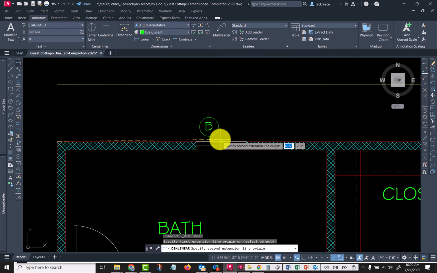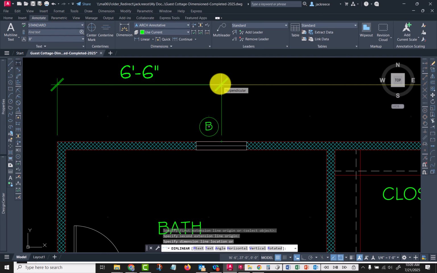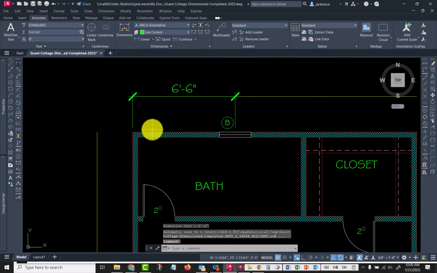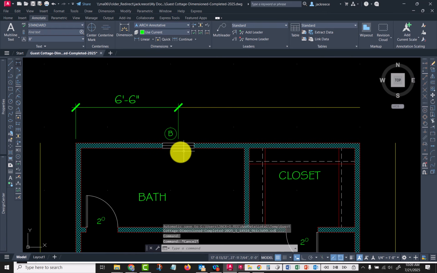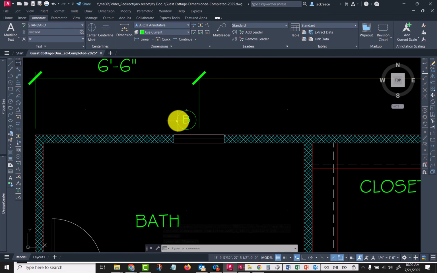And we'll go corner of the wall to midpoint of the window, and then bring it out and snap it on that yellow line. Now, if your window tag is in the center of the window, I really would prefer you to move it to the left just a little bit. And the reason being is that our default in AutoCAD is that dimensions are associative,